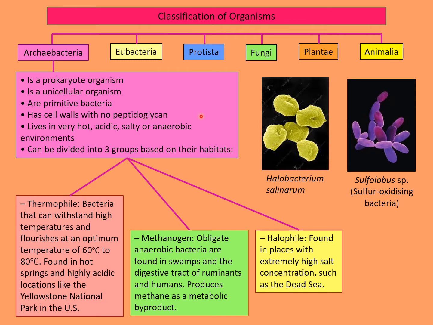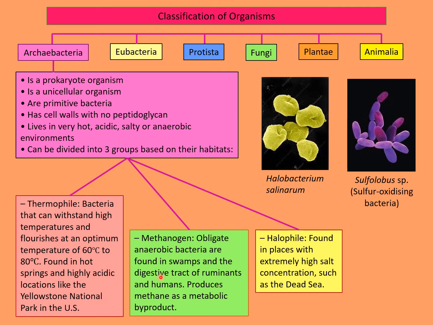A cell wall with no peptidoglycans. Okay, they live in very hot, acidic, salty, or anaerobic environments. Can be divided into 3 groups based on their habitat. Okay, the first one is thermophiles, bacteria that can withstand high temperature and flourish at an optimum temperature of 60 degrees Celsius to 80 degrees Celsius, found in hot springs and highly acidic locations like the Yellowstone National Park in